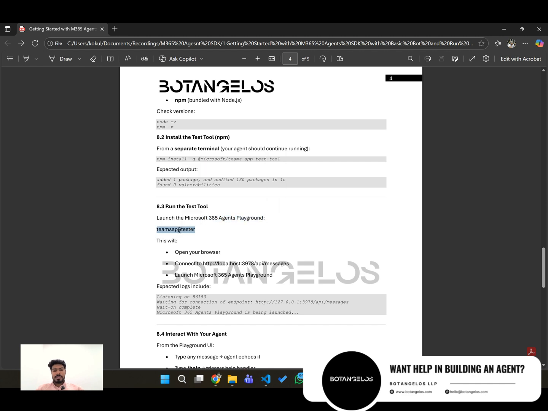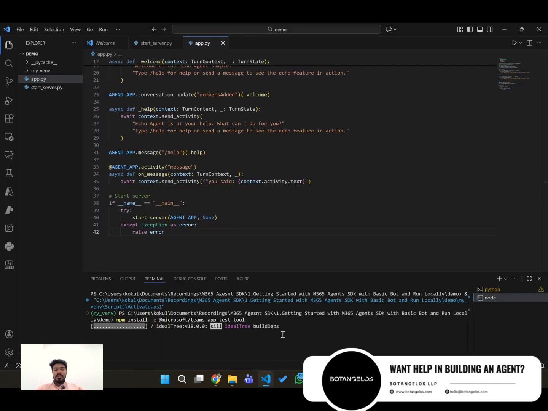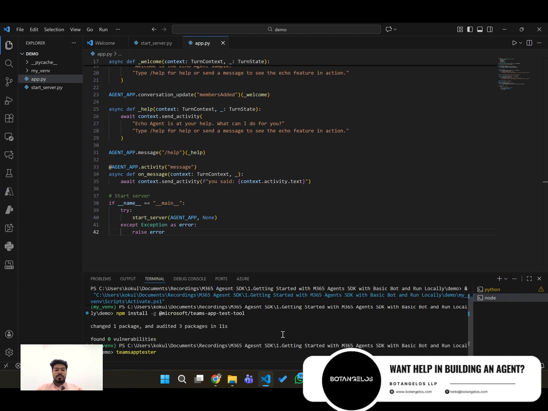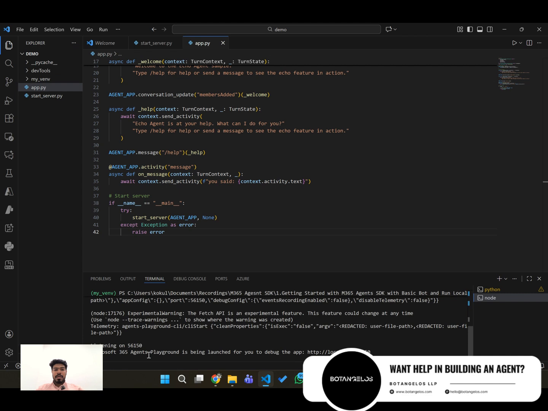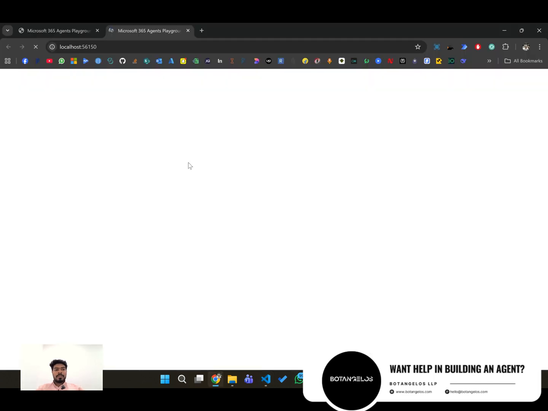For launching, we need to use this command, teamsapptester. And this command is used for testing, and it will open a browser with the tool. So now I have entered the command teamsapptester. It should open a browser with the playground, and we can see it is on port 56150. You can see it is getting opened in my default browser,